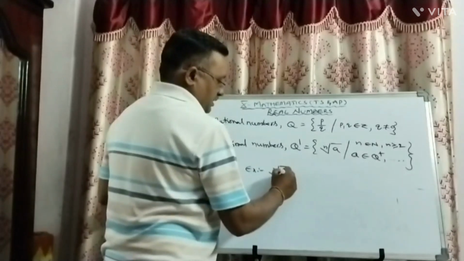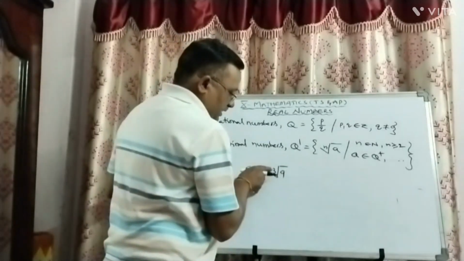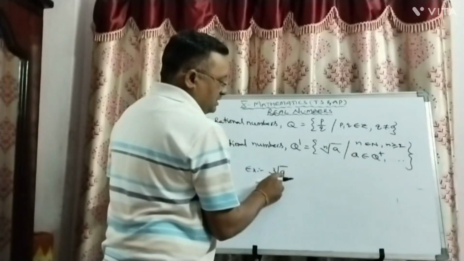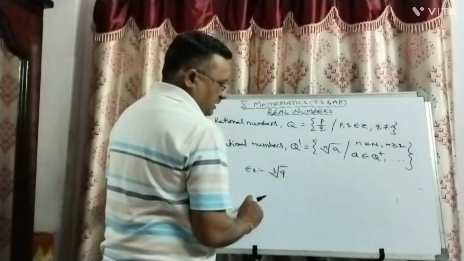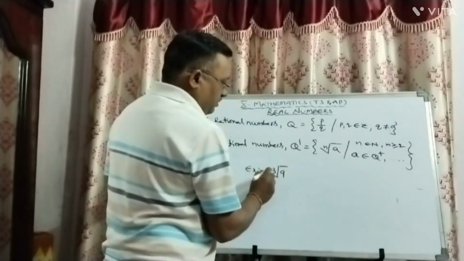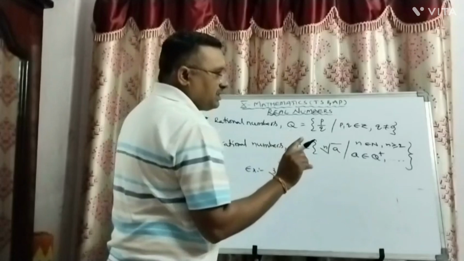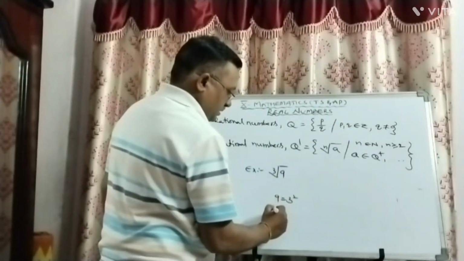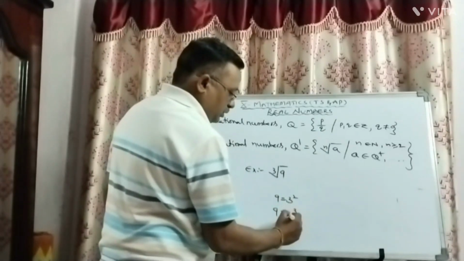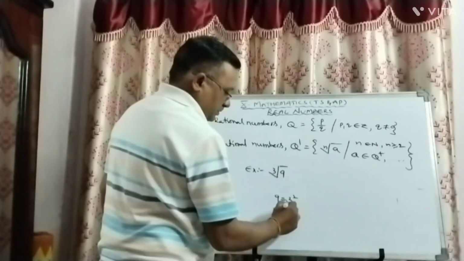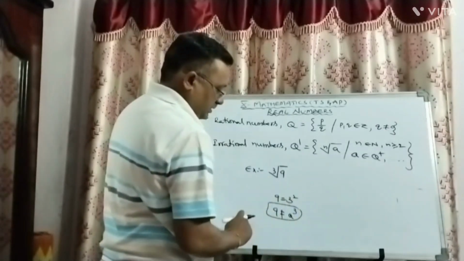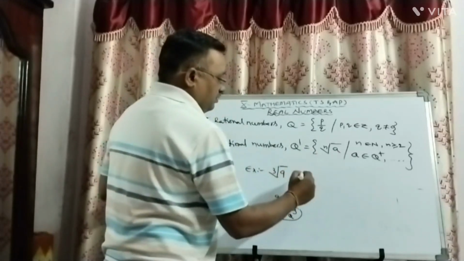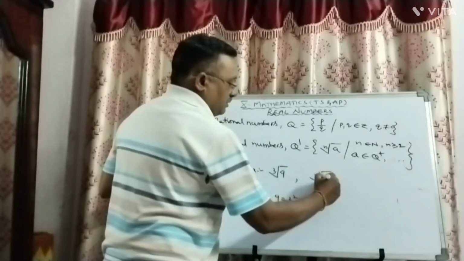Cube root of 9. Here n is 3, which is a natural number greater than 2. A value is 9, a positive integer, which cannot be written as the nth power of any other rational number. 9 can be written as some rational's square, but 9 cannot be written as the cube of any other rational number. We cannot write this one. So that's why cube root of 9 will become irrational,